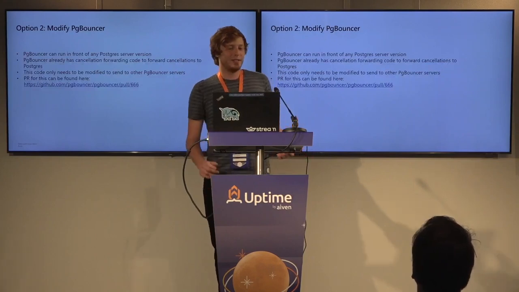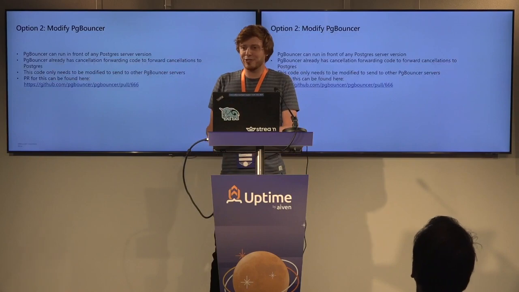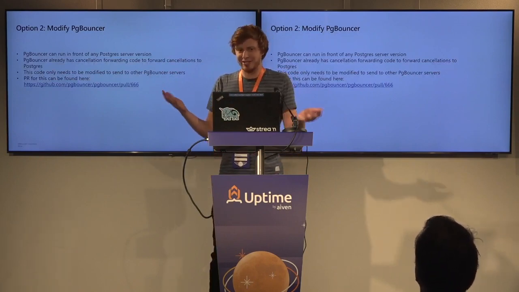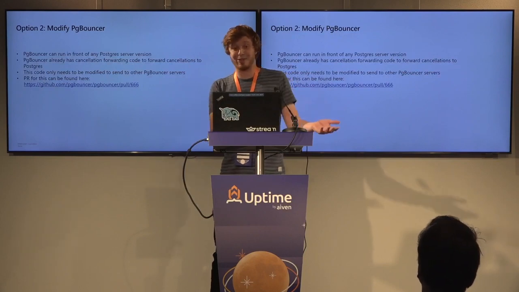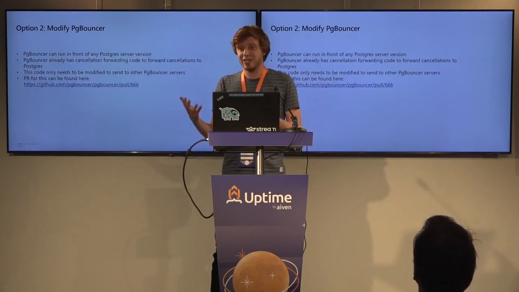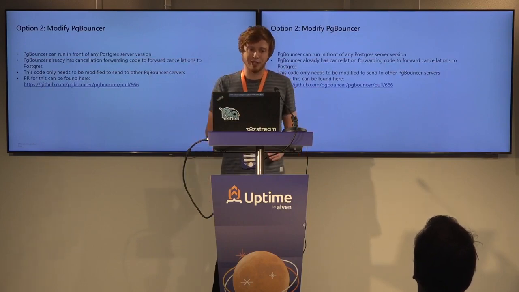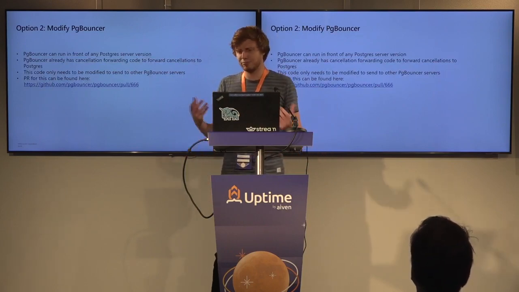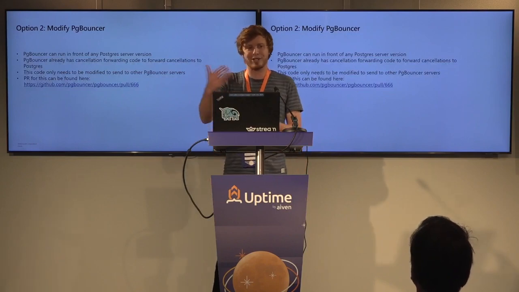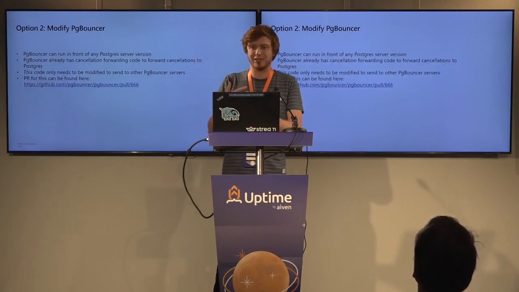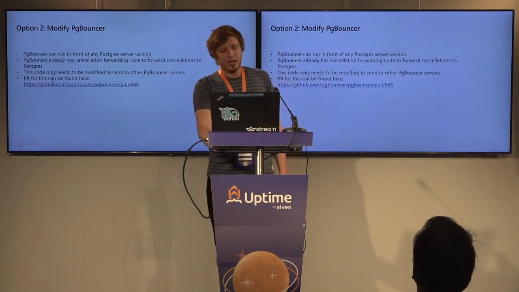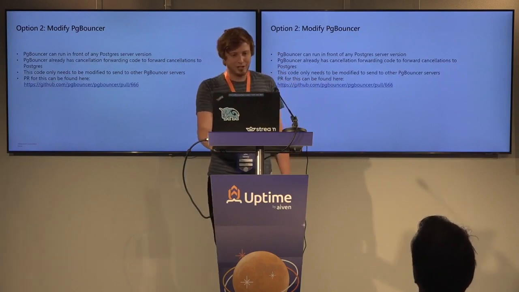So, one advantage of PgBouncer is it already has cancellation forwarding support, because think about it, it forwards queries, and it also needs to forward those cancellations that it gets. So there's already code to forward cancellations to Postgres. The only change that really needs to be made is to forward it to a different Postgres, or to some PgBouncer server. And I made a PR for this. I need to update it a bit, but